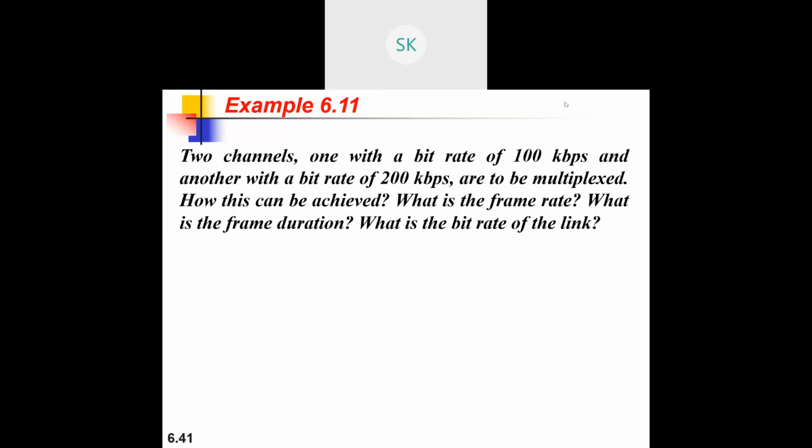Duration of the frame. Next one is each frame carries how many bits. Now with respect to 4 different sources, each frame should be having how many bits? 4 characters will be available. 4 characters in the sense one from each particular source. Here 1, 2, 3, 4. That's what the 4 is meaning.